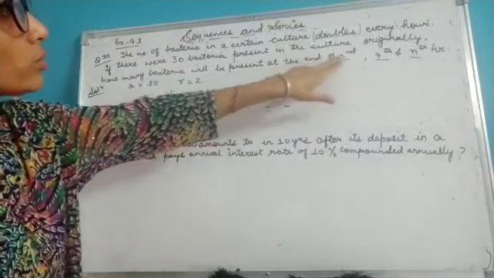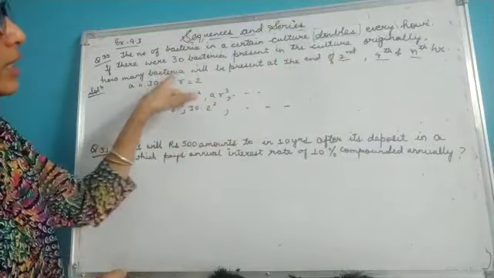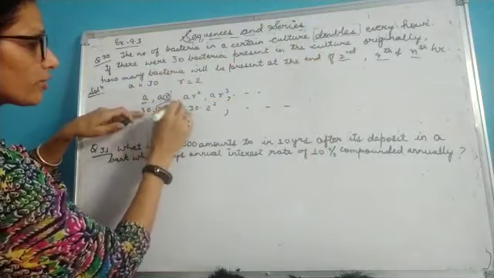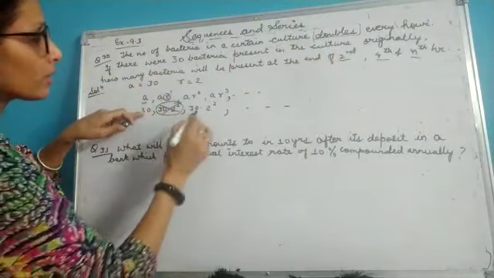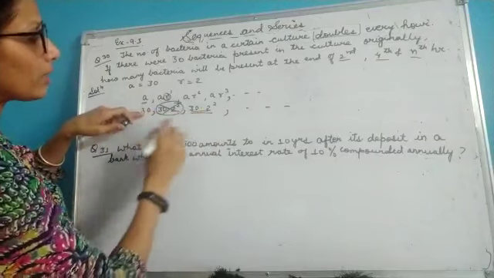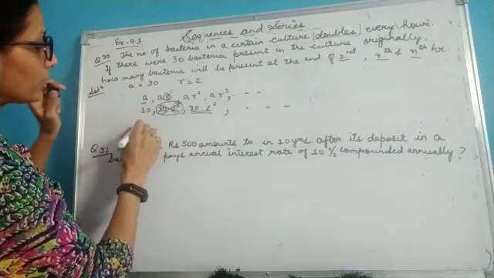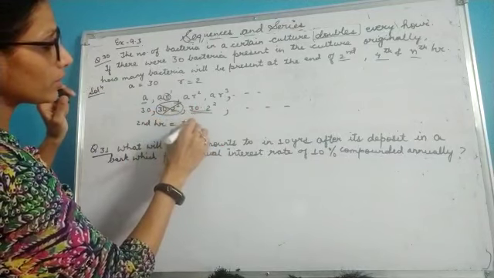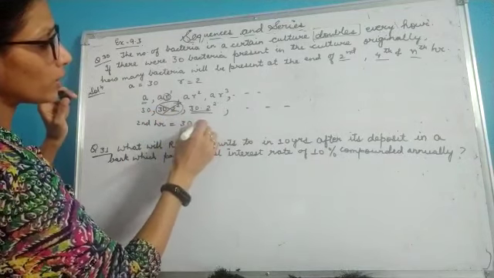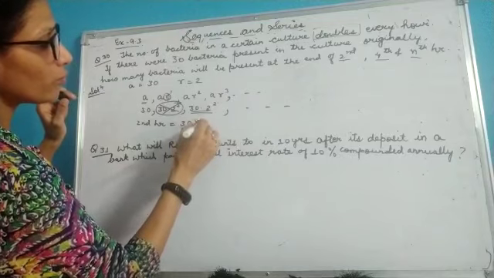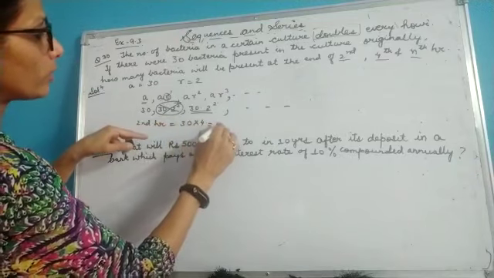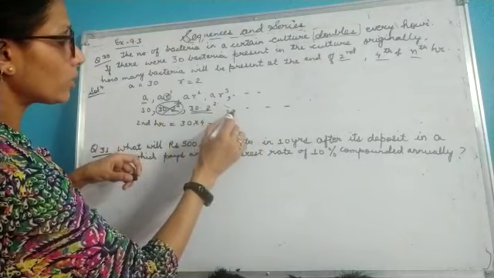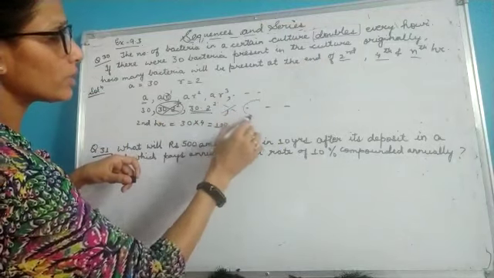But here you need to calculate bacteria in the second hour. This is your initial, this is your first hour, so I will not be considering this. So in the second hour, your number of bacteria will be 30 into 2 raised to power 2, which is 30 into 4. So this is 120. Now if you want to calculate it for the fourth hour, you will not be taking this third and you will be taking the next.